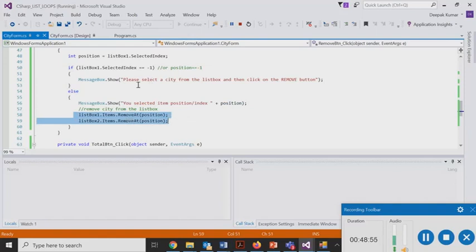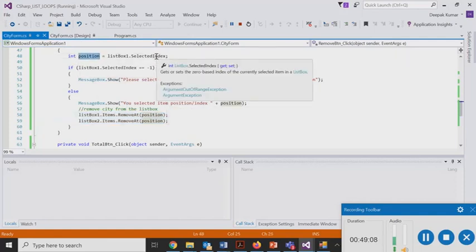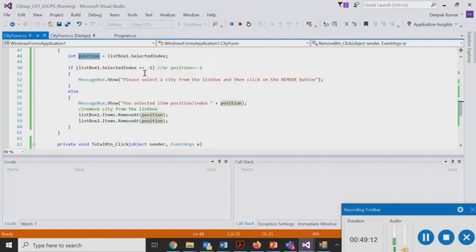So only if the value is not -1, which means the user has made a selection, the position variable will hold a position integer value starting from 0 if you have selected the first item, and so forth. It will remove that item from the list box. So this is how you can manipulate your list box.